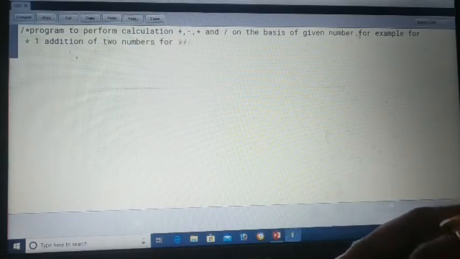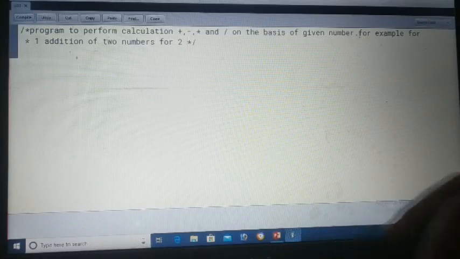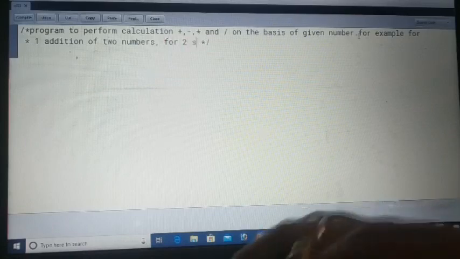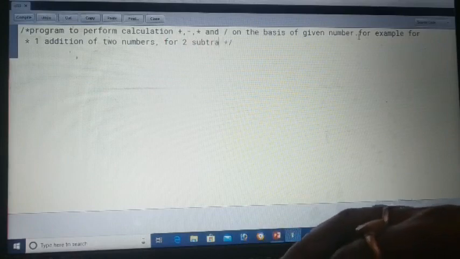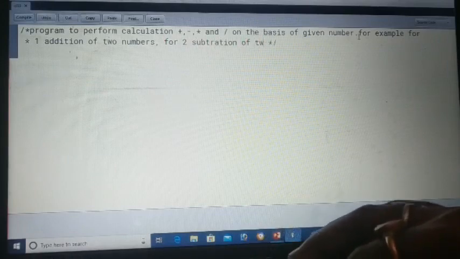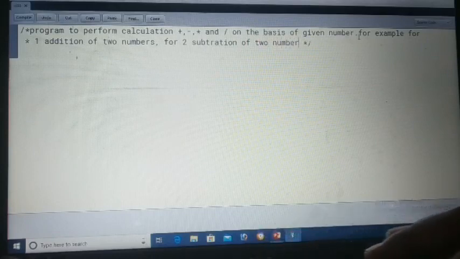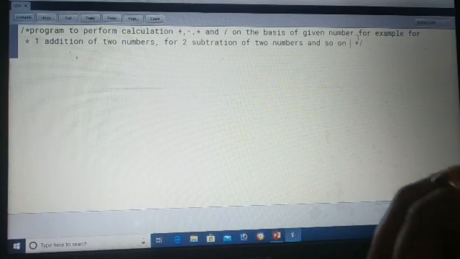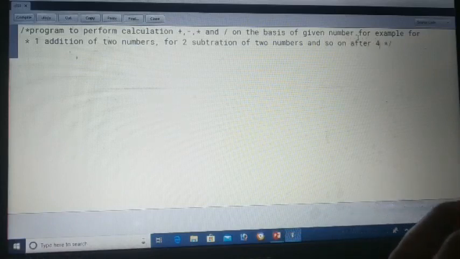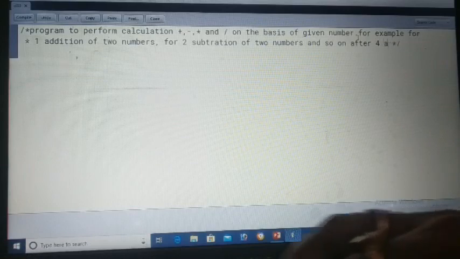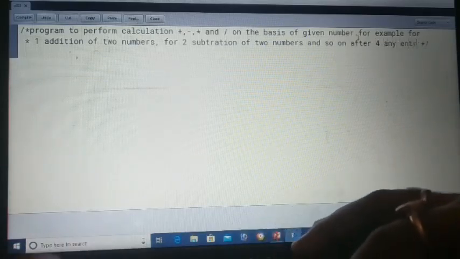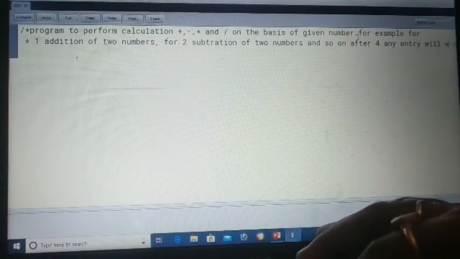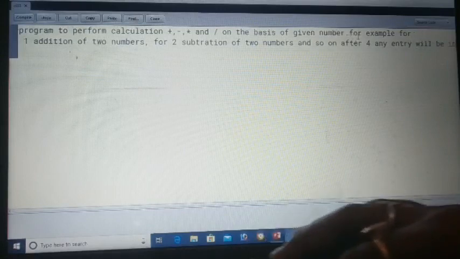For 2, subtraction of 2 numbers, and so on. After 4, any entry will be invalid.